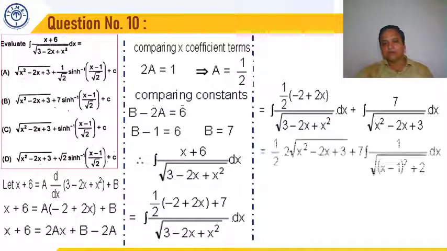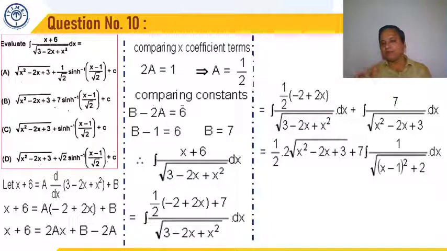Now if we solve it further, the integral of 1 upon root x is 2 root x. The entire term has the differentiation in the numerator. We can also do it like this. We can put 3 minus 2x plus x square as t. So its differentiation is present in the numerator, that is (minus 2 plus 2x) dx goes to dt. It becomes 1 upon root t, whose integral is twice root t, and we replace the value of t as x square minus 2x plus 3.